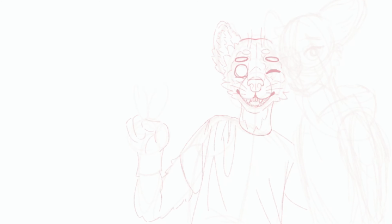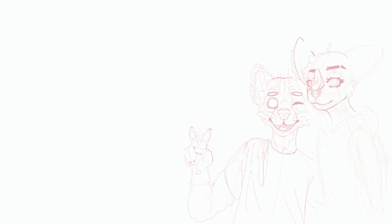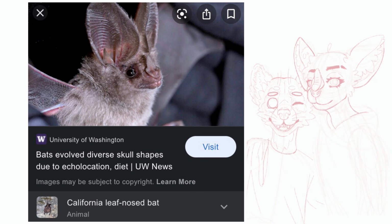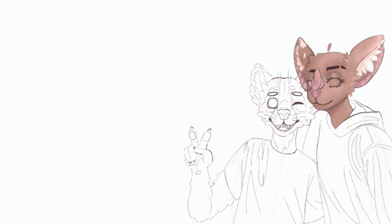Yeah, so this is at the same time as I made my fursona, my BFF TTYLXOS, best friend for life, literally my soulmate, I love you so much. She made a fursona as well, and hers was a bat. I believe it's called a leaf nose bat or a banana leaf something, I don't know. It's really cute though. But yeah, so I thought her fursona is cute, so I drew it, ours together,